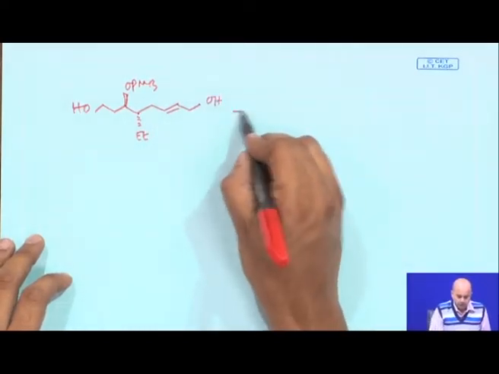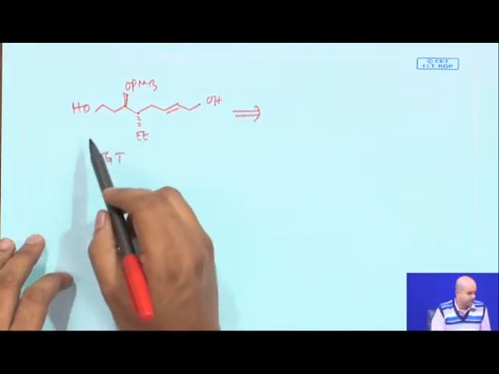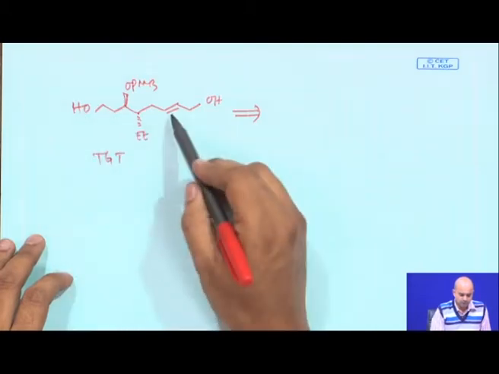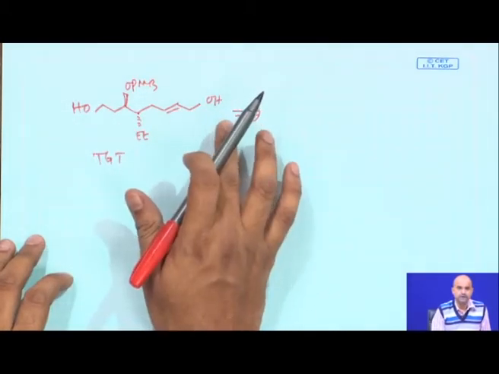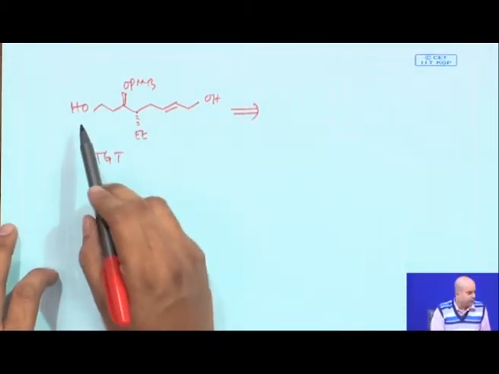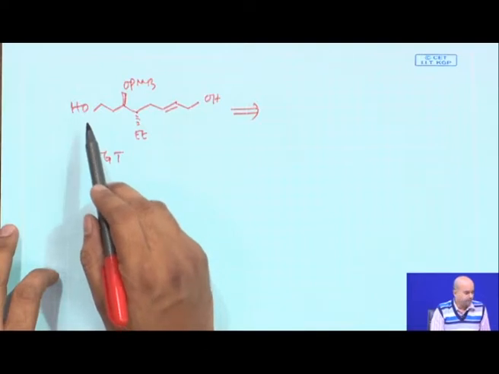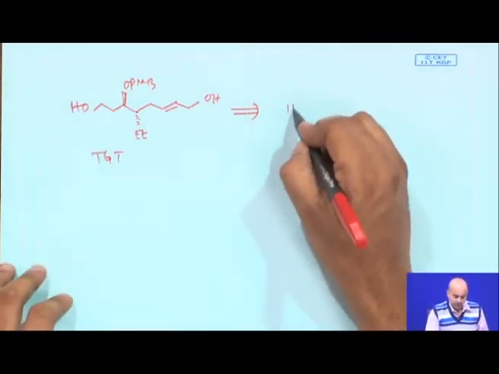Now, if you are doing a purely functional group based analysis, you see that this compound has one end with a hydroxy and one end with an allylic hydroxy. So, there are many free hydroxy groups in the target molecule. Definitely, if you are doing some FGI, this hydroxy group should not be free. The starting material, which is also given to you,